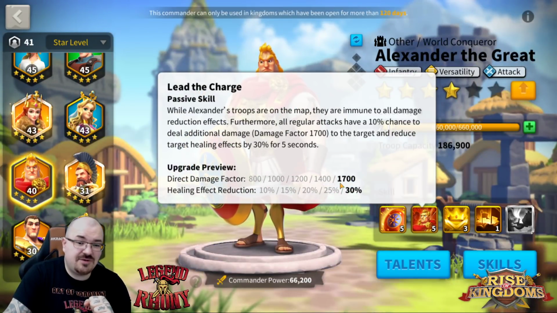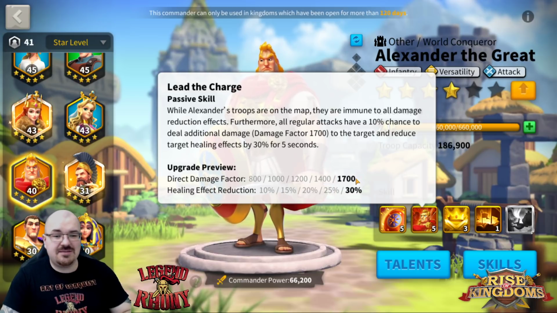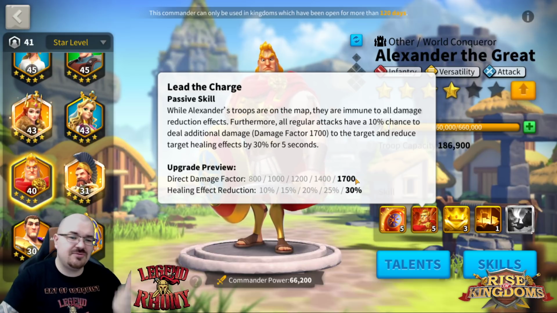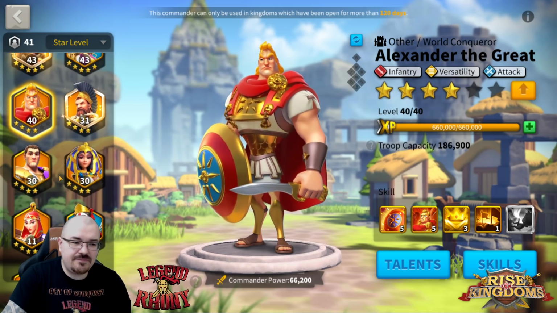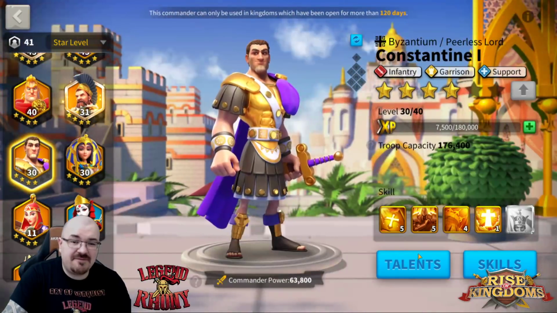Alexander the Great secondary has a 1700 direct damage factor with his second skill, which is a passive skill. It can go off right at the beginning of the battle, which is quite great. So empowering this with the skill talent tree and the skill damage bonus, that's actually not bad, using Sun Tzu primary and Alexander secondary. If you want to go a little bit more defensive and buffing at the same time,